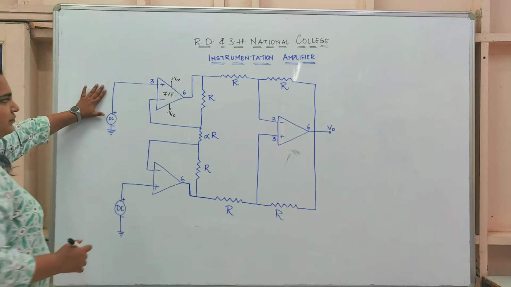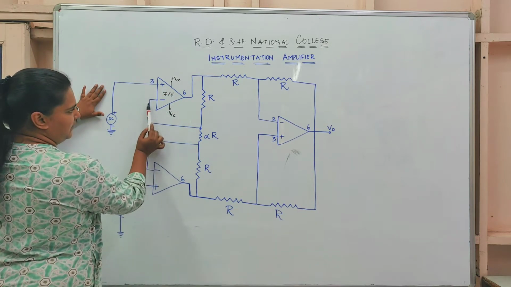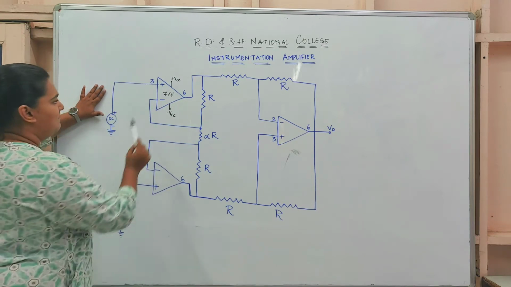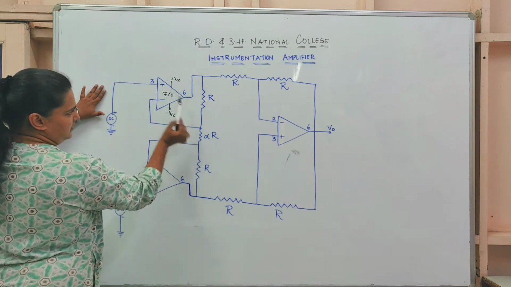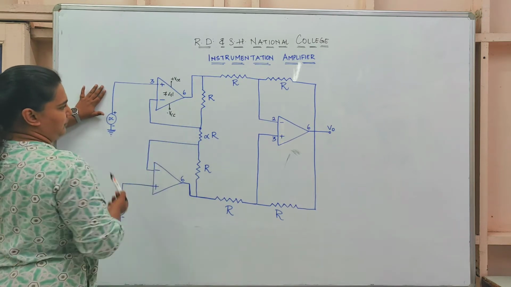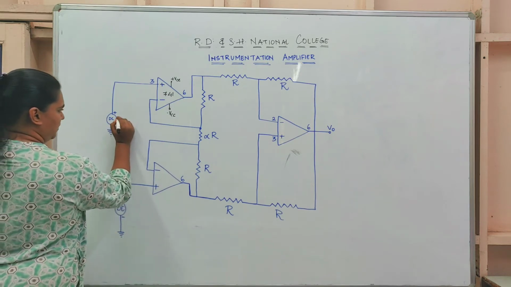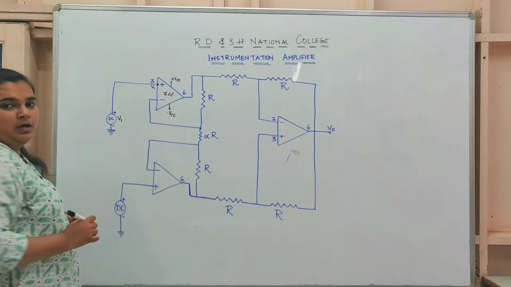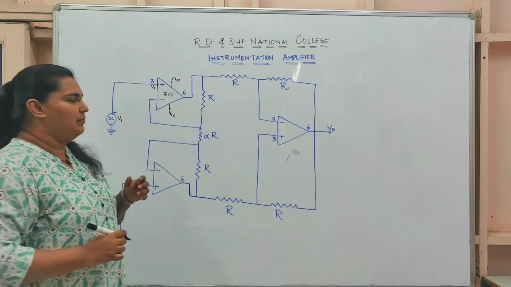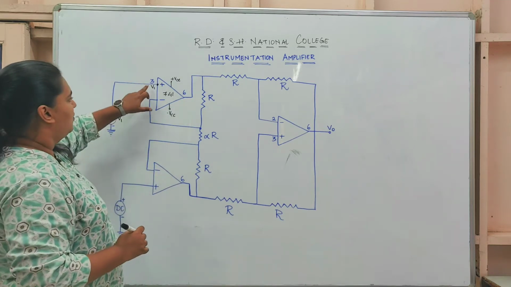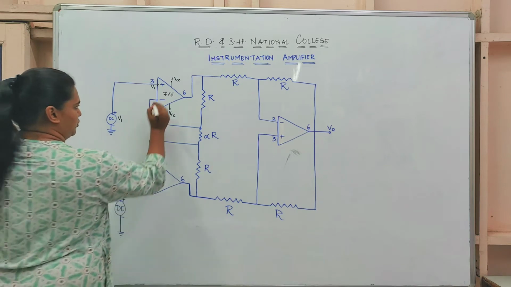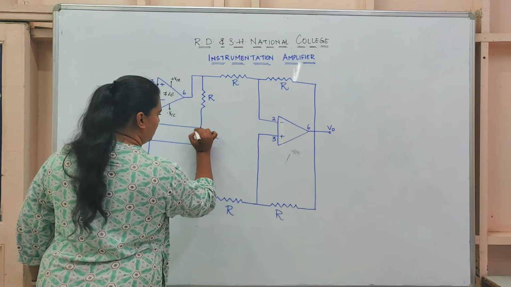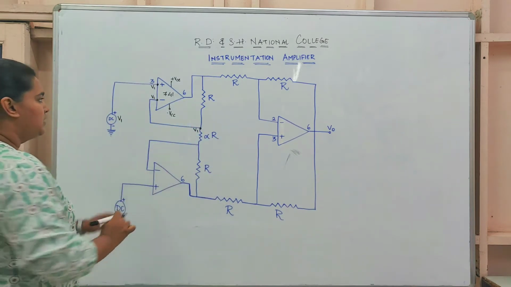Now what happens here, if you see, this works as a buffer. There is input going to your non-inverting terminal. Your inverting terminal is connected via resistance to your output. So what happens if the voltage here is V1? That means the voltage here at this point will be V1. By the functionality of op-amp, in case of a buffer, both the inputs are held at the same voltage. So that is why the voltage here will be V1, and as a result the voltage at this point will be V1. Same goes for this.